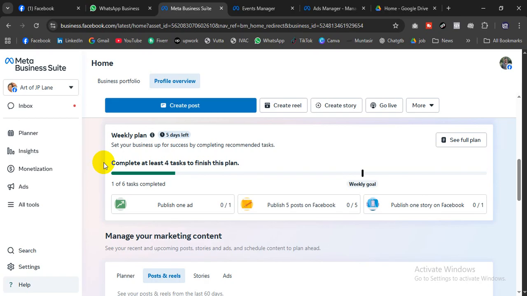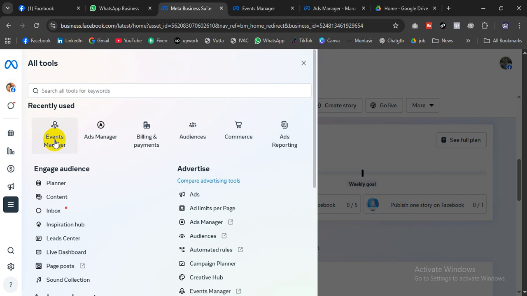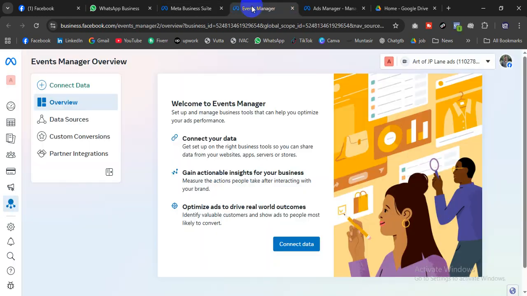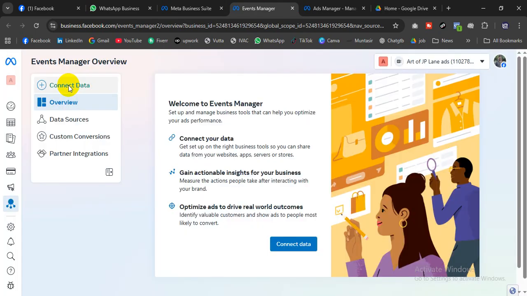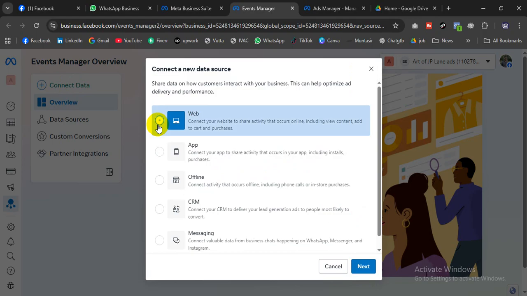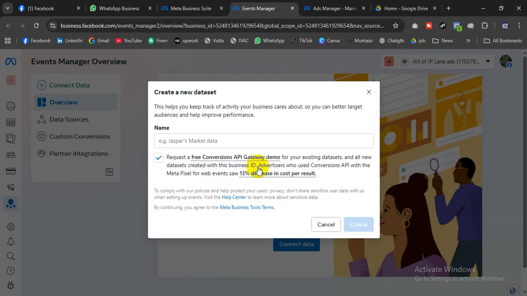And this is the procedure. Click all event tools, and click the event manager. Then click connect data source, website. Next, and friend, if you need any help from me, you can contact me.